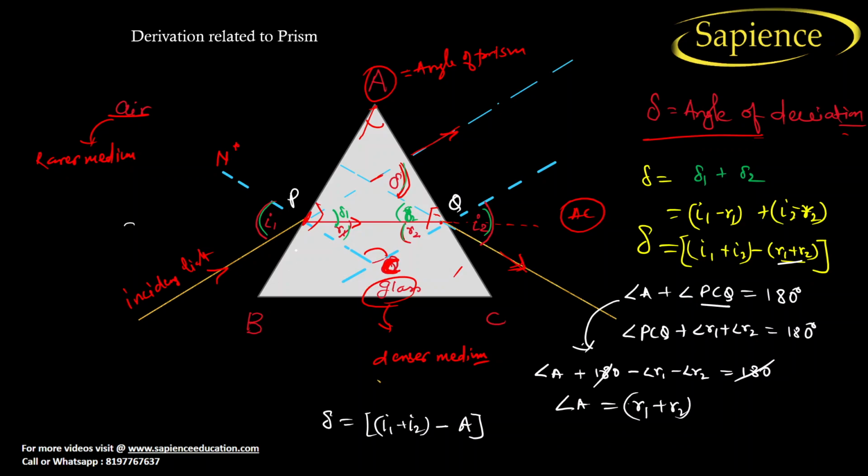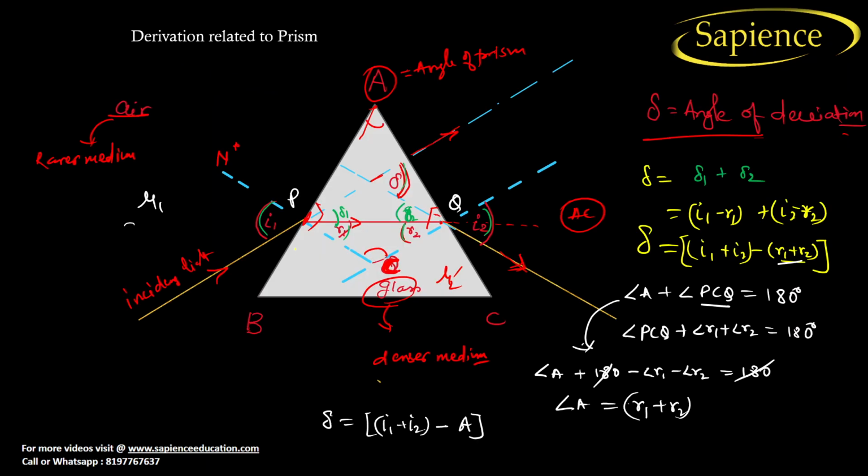What is Snell's law? Let us consider the refractive index of air is mu 1 and the refractive index of glass is mu 2, right? So mu 1 sin I1 is equal to mu 2 sin R. We will use this now, by using Snell's law,